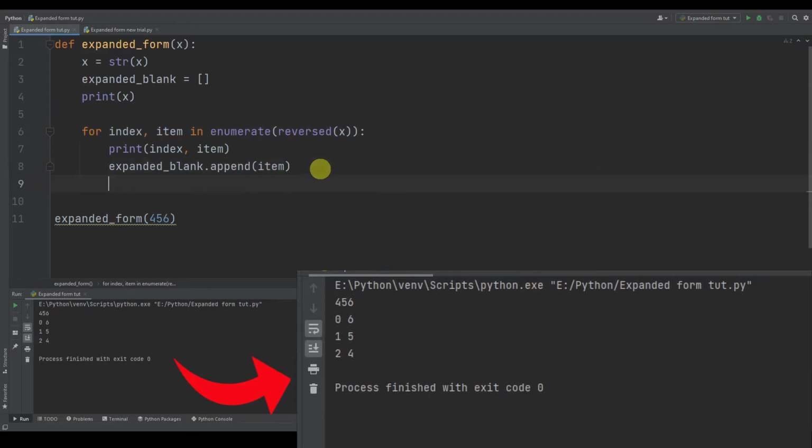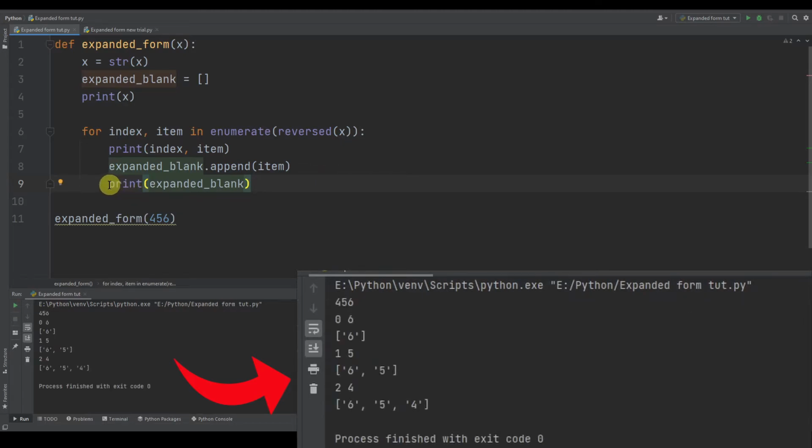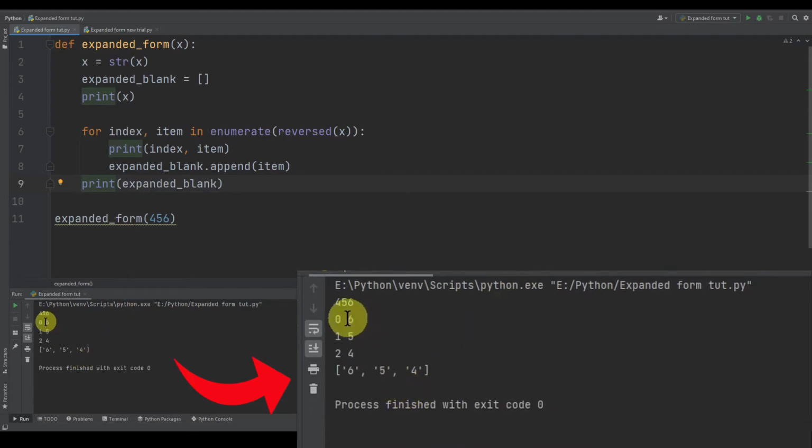If I print this expanded blank list, and run it, I'll just take it out of the for loop. Now when I print it, you can see 6 is given the index 0, 5 given 1, 4 is given the index 2, and it is displayed as this expanded blank list 654.